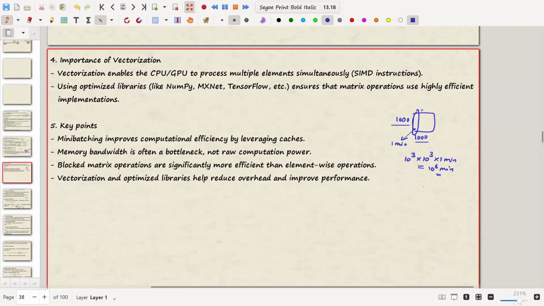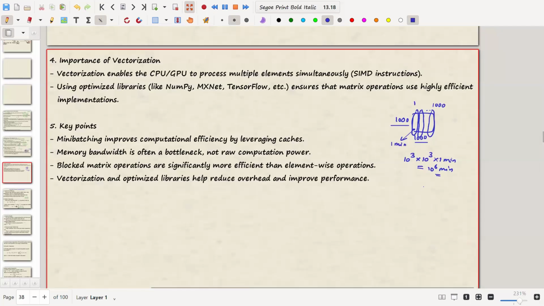And how many columns will you have? 1000 columns, because you have 1000 rows and 1000 columns. It will reduce some time, but not that efficient. But if we have written the code in terms of vectorization,